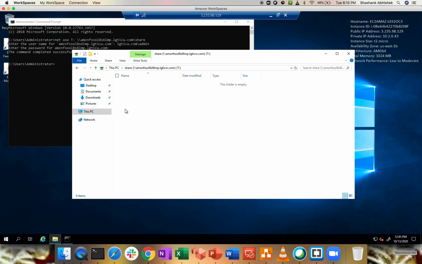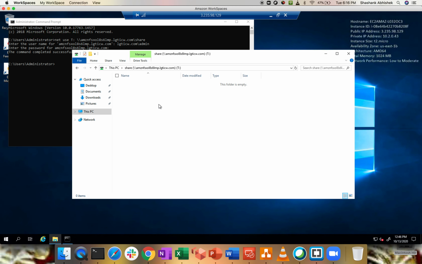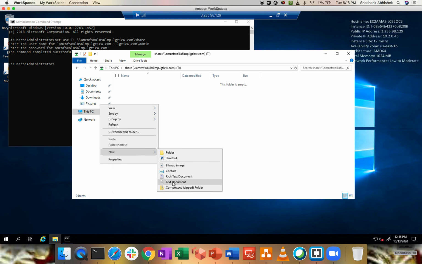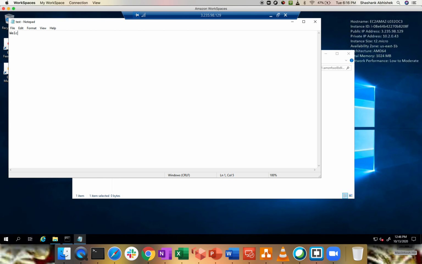Now you can copy your data within this share, and if you want this share to be accessible across your environment, from multiple servers, with the same objects or files, you can do that. How? First let me copy a file or anything within this environment. Do I have something? Okay, let me create a file itself, a text file. Let's see if it's getting reflected or not. Test, and I'm going to use welcome.